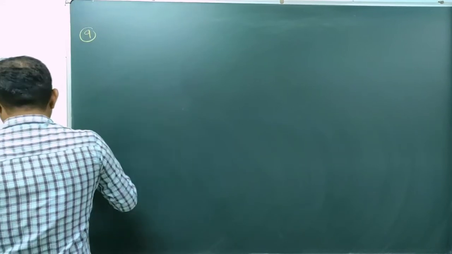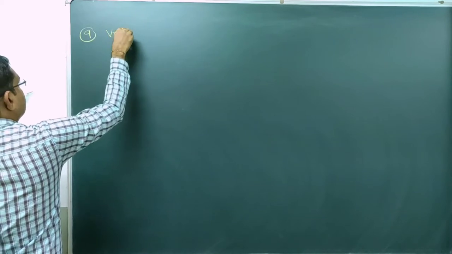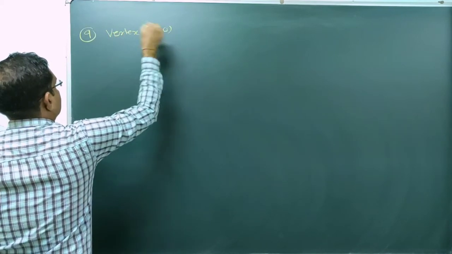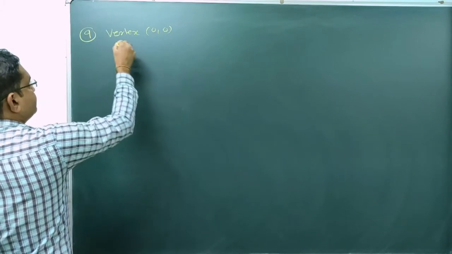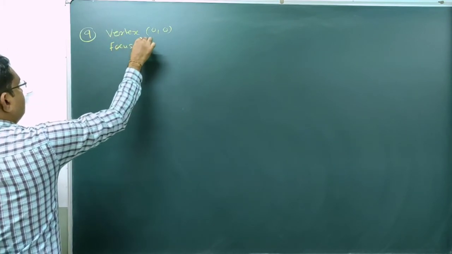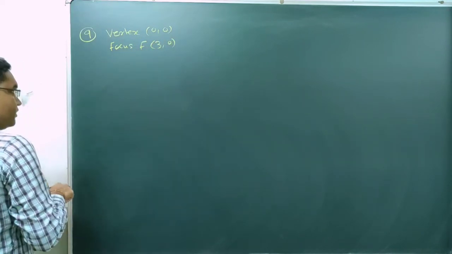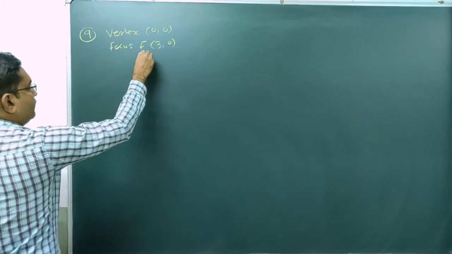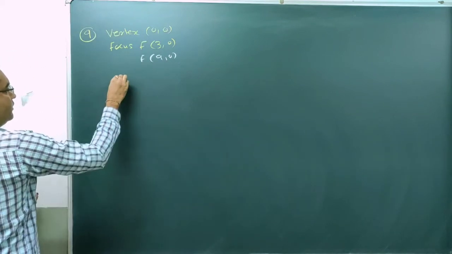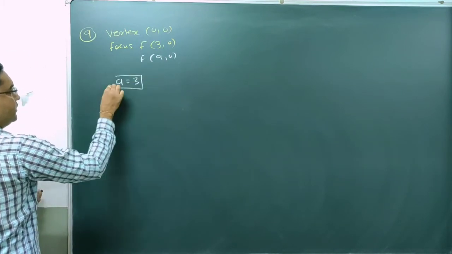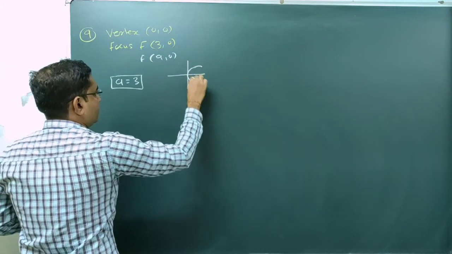Question number 9. Find the equation of parabola which satisfies the following condition. Vertex is given, vertex at origin, standard parabola, and focus coordinates of F. Focus lies at the point (3, 0). (3, 0) कहां पर होता है ना, फोकस (a, 0) positive x-axis पर। So here a is equal to 3. बस a 3 आ गया, positive x-axis पर फोकस है ना, यहाँ पर तो ऐसे पैराबोला होगा rightward parabola.